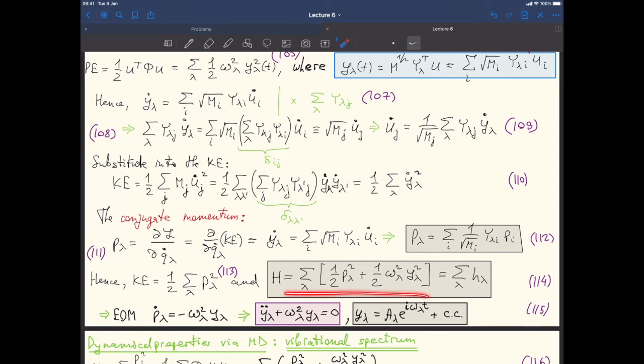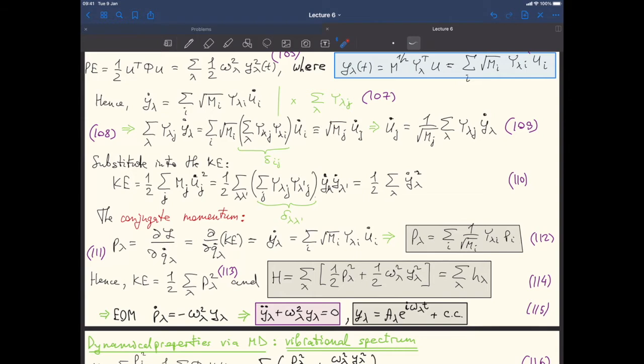So the total Hamiltonian of our system in the harmonic approximation is the sum of Hamiltonians for each normal mode. And therefore, we can write equations of motion for the whole system by simply combining equations of motion for each